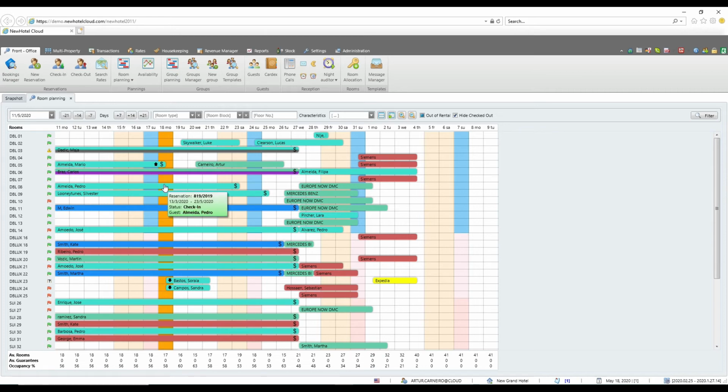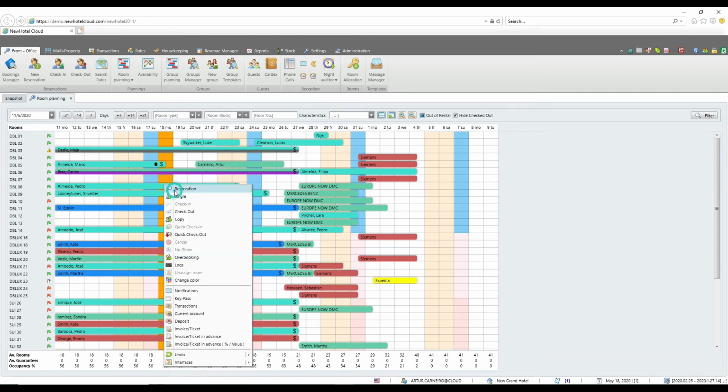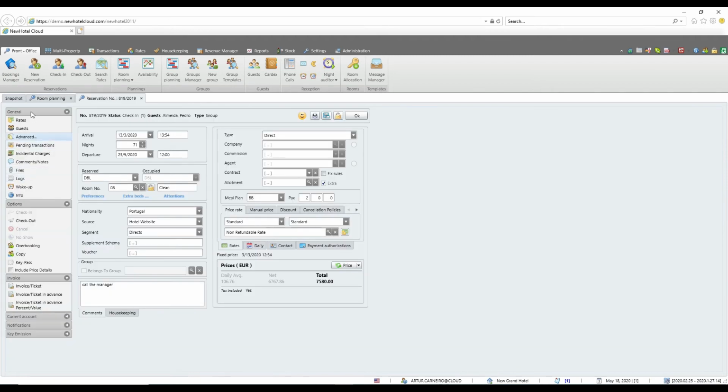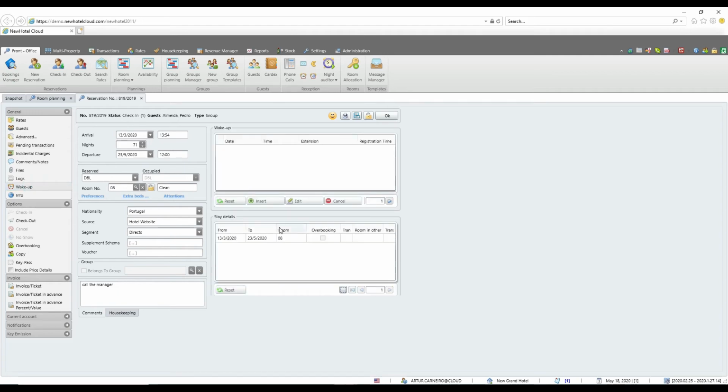For example, this one, it doesn't matter. We edit this reservation, and on the options on the left side we have Wake Up. We press it and we have these two boxes. The bottom one shows the stay details, the check-in and check-out date, and the top one allows us to create this wake-up call. To do that, we need to click on Insert,